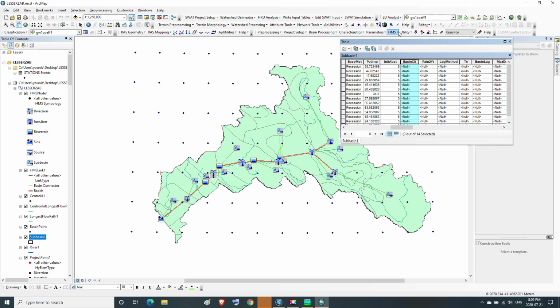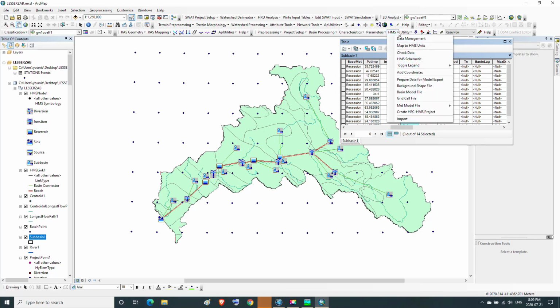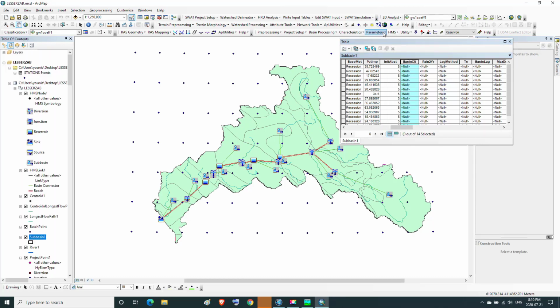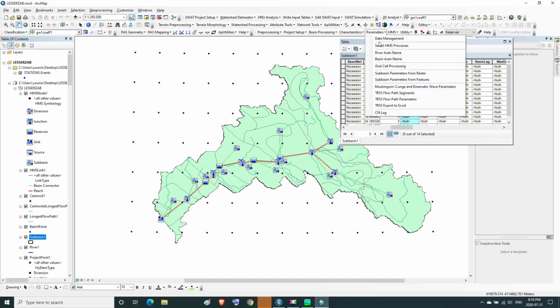To do so, we go to the fifth menu from the GeoHMS menu bar, which is parameters. And in the parameters menu, we press on select HMS processes.